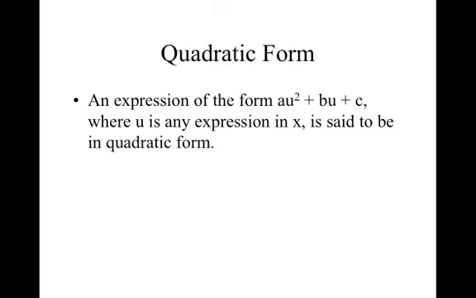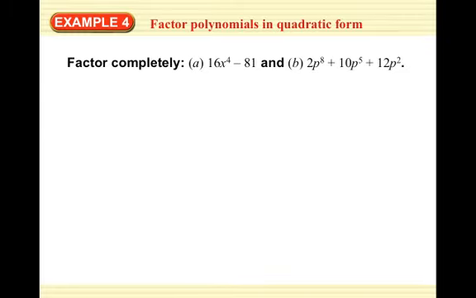An expression of the form AU squared plus BU plus C, where U is any expression in X, is said to be in quadratic form. So if you have 3 terms and your final term is a constant and you have a middle term that has some expression for X, even though this says U here, remember U is any expression in X, and you have a leading term that has 2 times the exponent of what that middle term has, then you have quadratic form, and you can actually use guess and check, trial and error, or